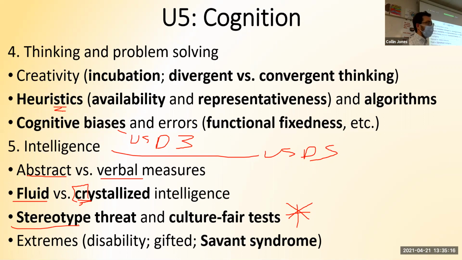Wait, so what is it when you know that your stereotype affects what you do? Stereotype threat? You are aware that. That's what it is. Stereotype threat. So there have been examples of this in sports, especially sports where there are certain attributes and characteristics that are stereotypically associated with one particular race or type of person, like tall people versus short people, right? Or Black versus white, Hispanic versus Asian. Stereotype threat is when people do worse, not because of their actual abilities, but because the fact that they know they're being stereotyped messes with them.